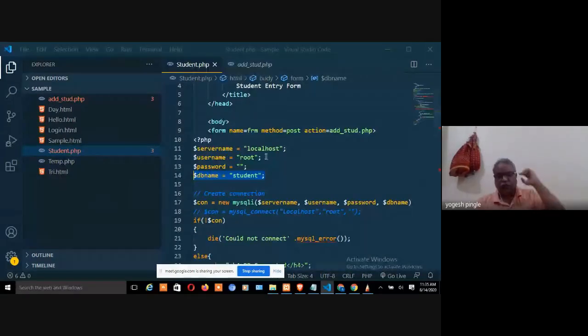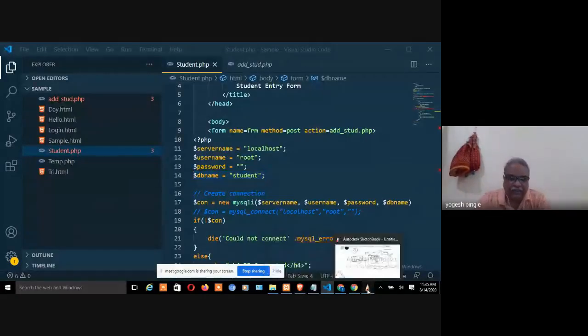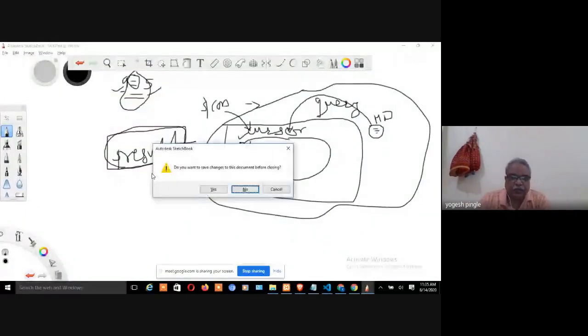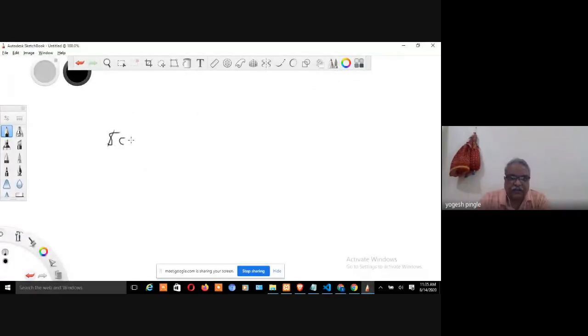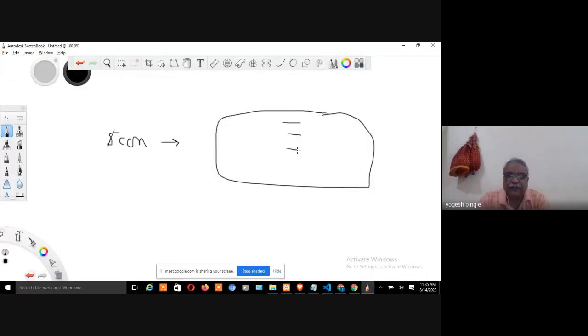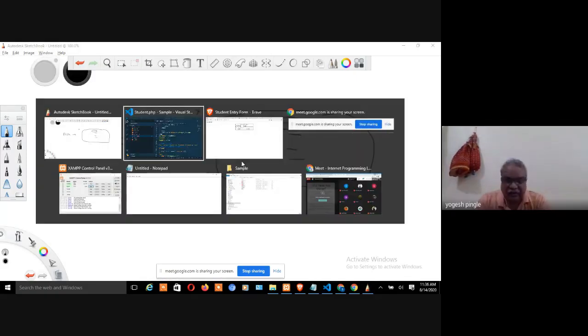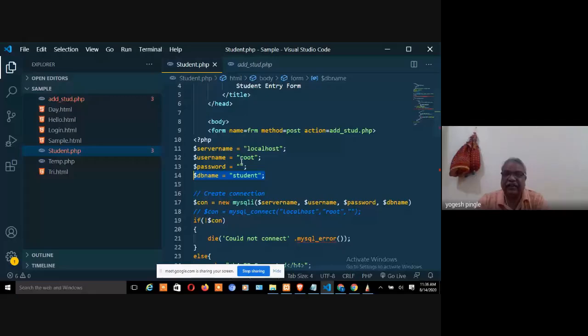That is why it is giving me the error, because as I told you previously, whatever con object we have is pointing to a database. There are a lot of databases inside MySQL, right? So which database am I actually connecting to? That database name we have not put in our code. That's why it is giving the fatal error, right?